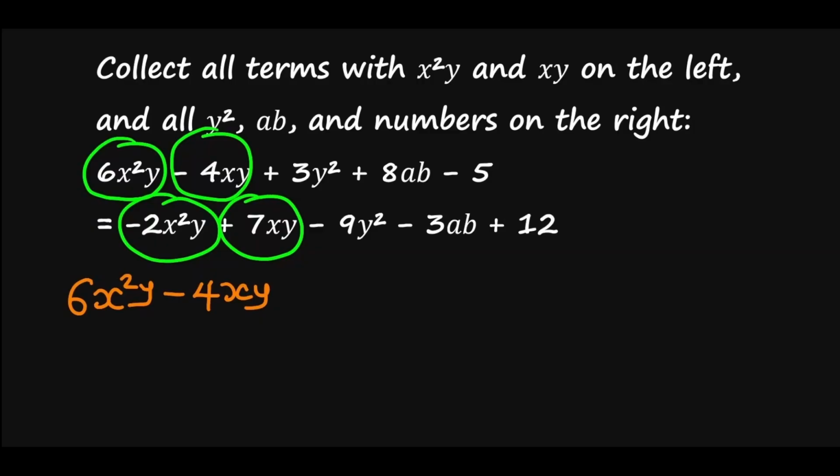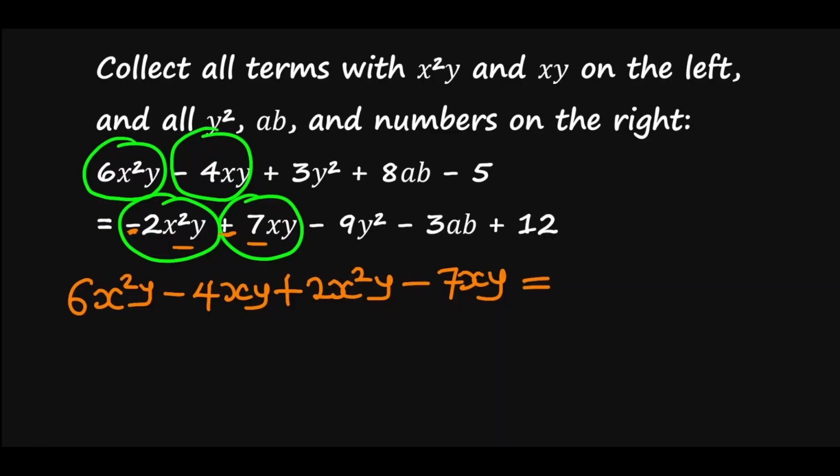So these 2 here that are on the right, we have to pull them to the left. So to do that, remember what we said, the sibling, it will have to change to each sibling. So this minus becomes plus and this plus becomes minus. So we have plus 2x squared y minus 7xy. So that is that for those on the left. Then all the other ones that we didn't circle are going to be on the right, obviously, since they are the second part of the question. So we just go ahead with equal to.